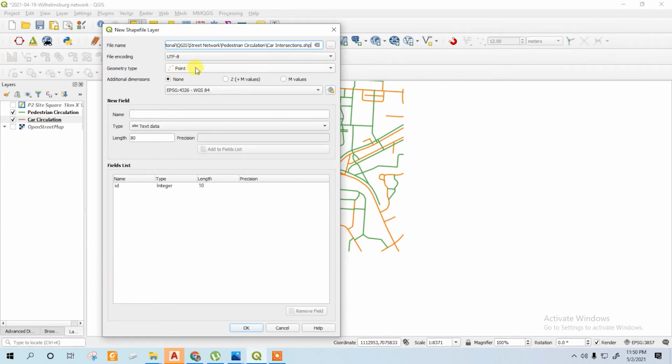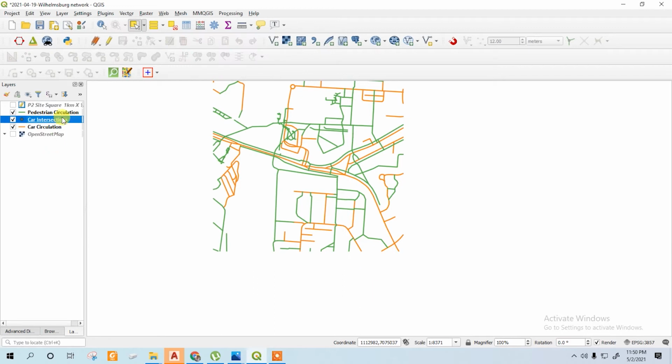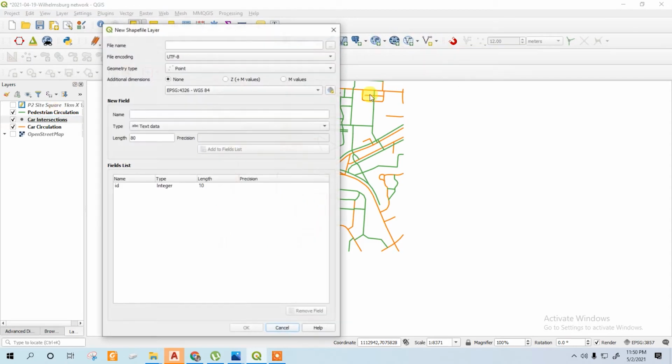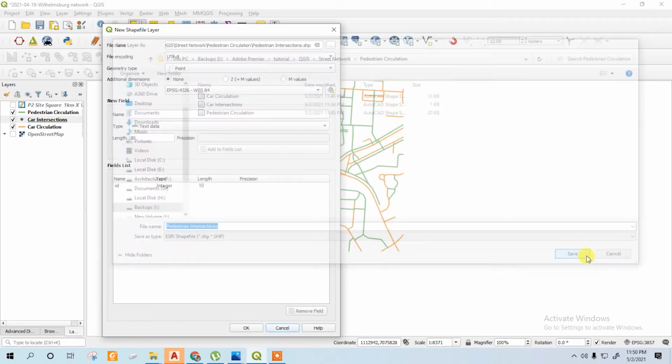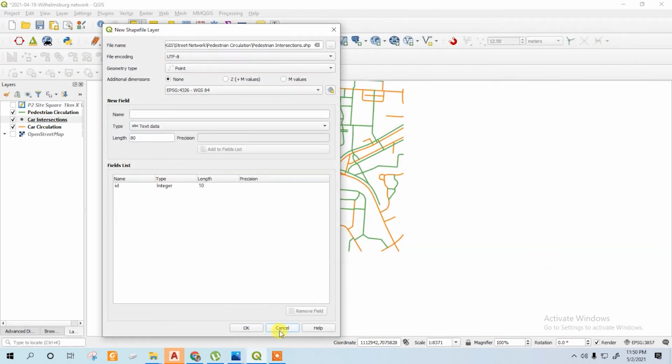Our geometry type is point, okay, and the pedestrian intersection, create another one, pedestrian intersections, okay.